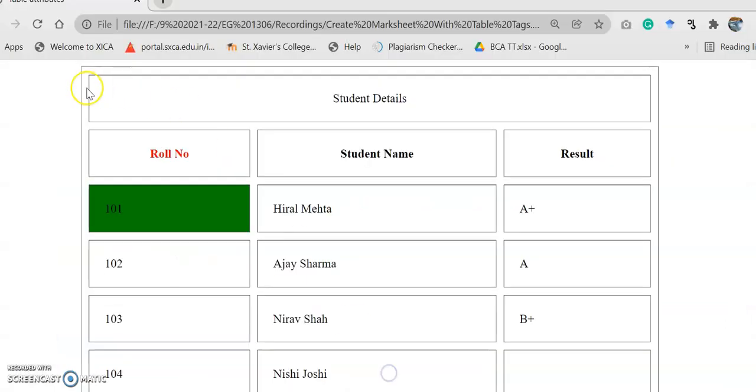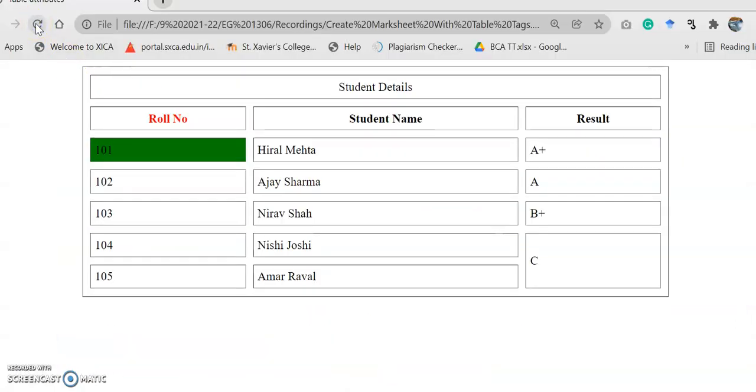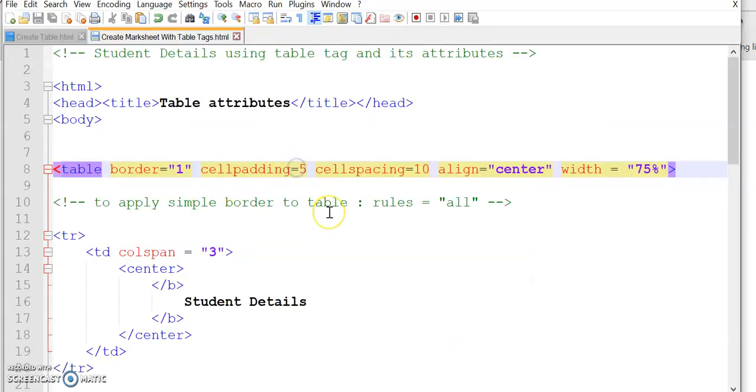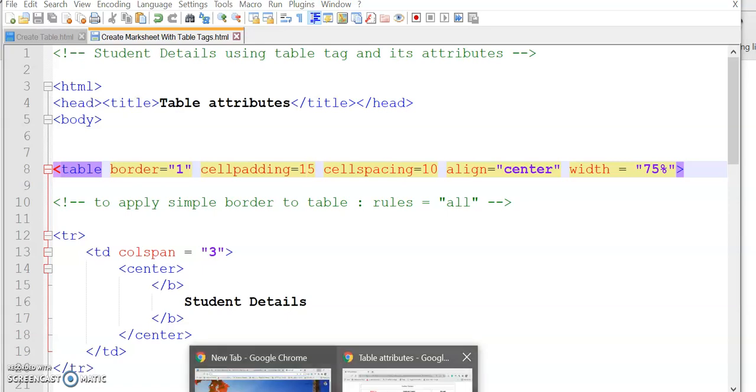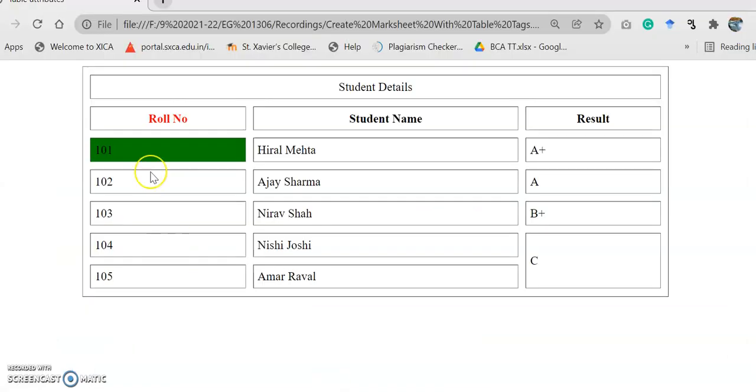Now again see, right? Size of the cell. Actually this is not the size of the cell. If you notice, again let me show you. Now 15, right? Cell padding 15. Just observe, yeah, it's the size of the cell, but how does it actually work.